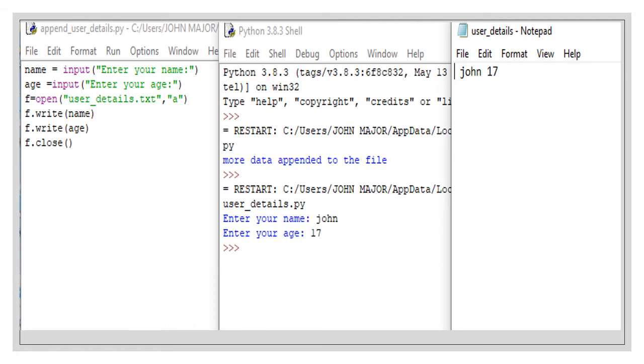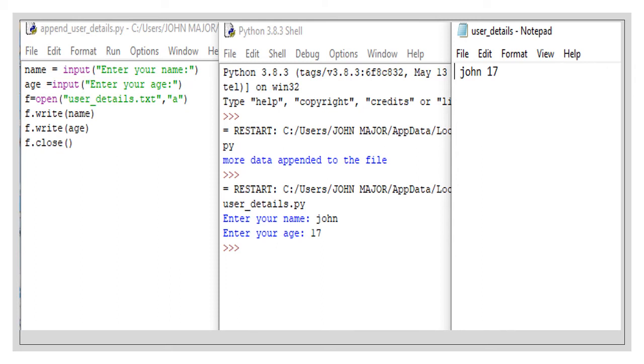In the folder, we have to open the Python folder where this user_details.txt is stored. If we click, we'll get the answer John and 17. But when we created this Notepad file, at that time we didn't type anything, we just opened and saved it as user_details.txt.